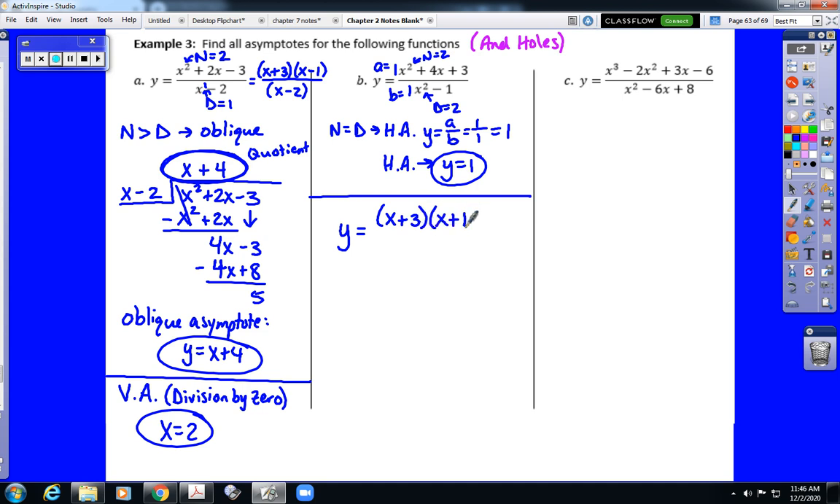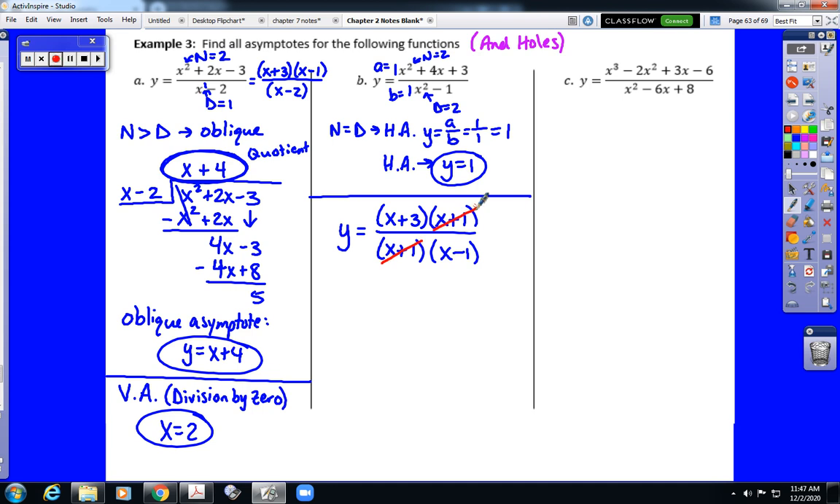The numerator of our original function factors into x plus 3 and x plus 1, and the denominator factors into x plus 1 and x minus 1. Now this is important because you should immediately notice that the x plus 1's should cancel. They should cancel out in this situation. So we're basically going to be canceling those two values,